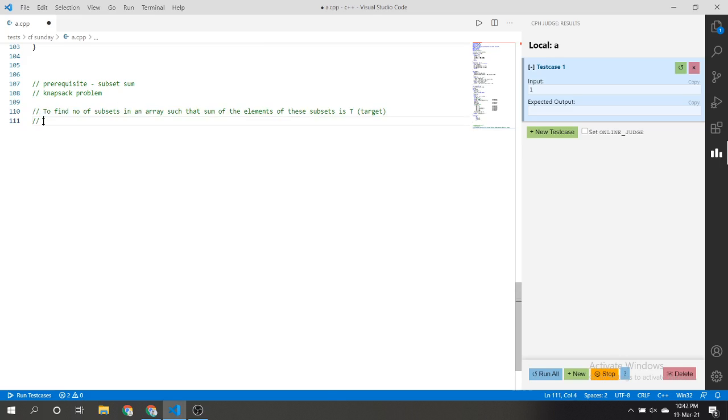Or in other words, you have to find the number of subsets having sum equal to t. Okay, so how do we do this?